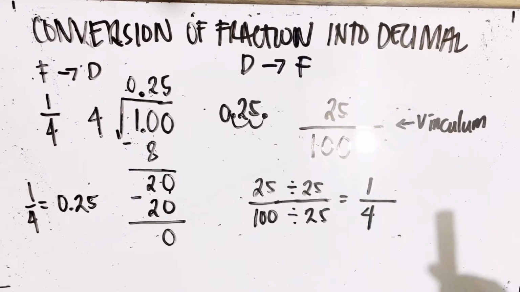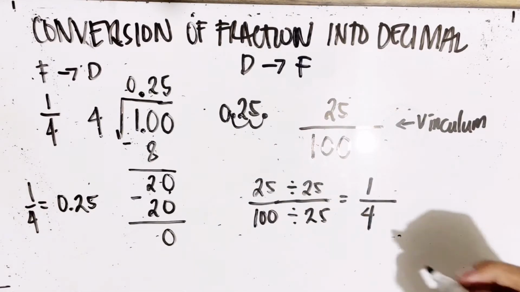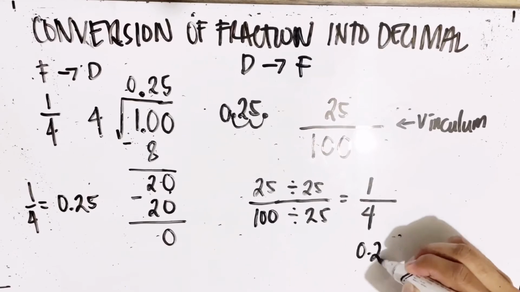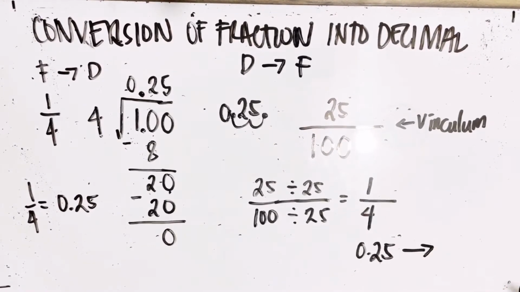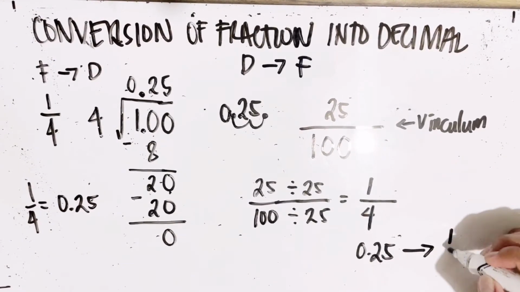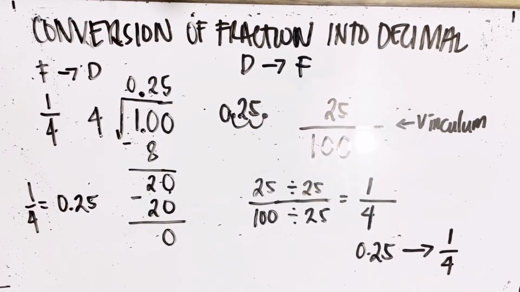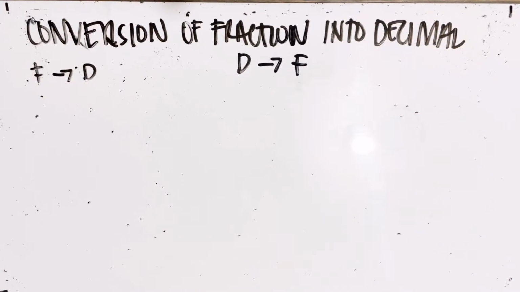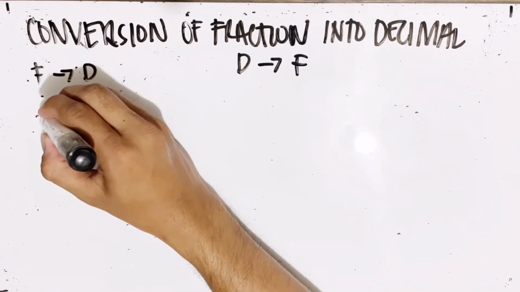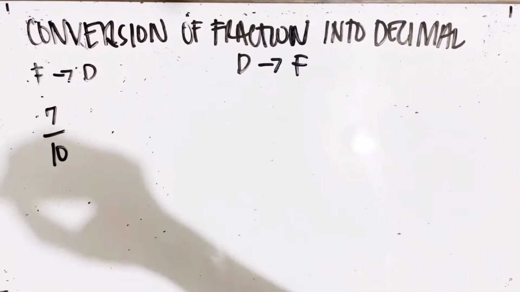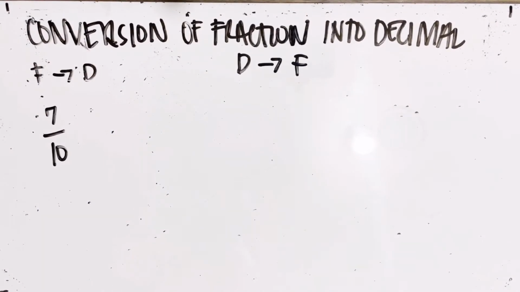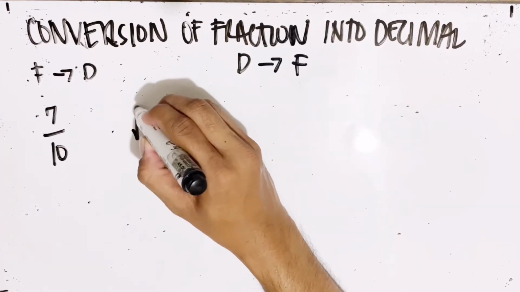So 0.25 is equal to 1/4 in fraction form. Let's have another example in conversion of fraction into decimal or decimal to fraction. Another example is 7/10. So first, to make this one decimal, we will divide